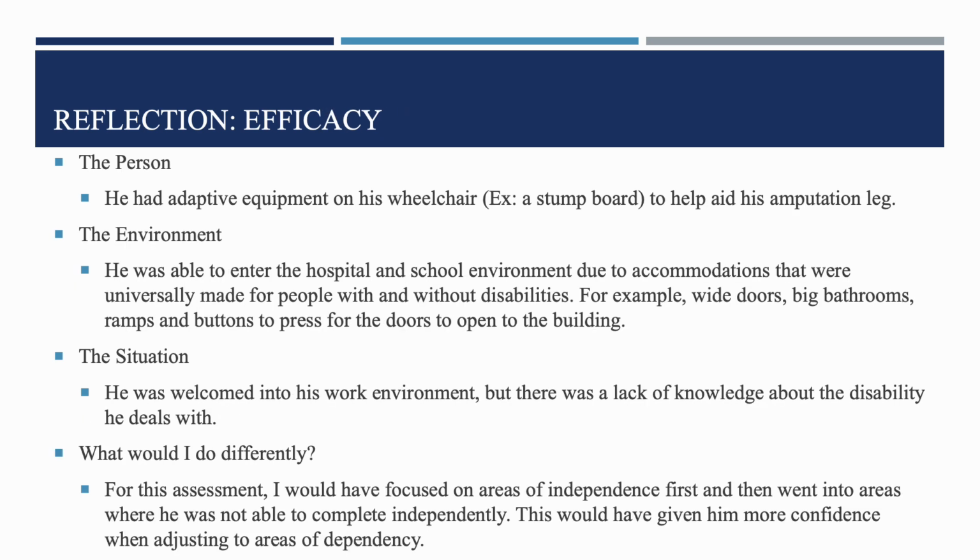Reflecting on efficacy, for the person, he had an adaptive equipment on his wheelchair, for example, a stump board, to help aid his amputated leg. In the environment, he was able to enter the hospital and school environments due to accommodations that were universally made for people with and without disabilities. For example, wide doors, big bathrooms, ramps, and buttons to press for the doors to open into the building. For the situation, he was welcomed into his work environment, but there was a lack of knowledge about the disability